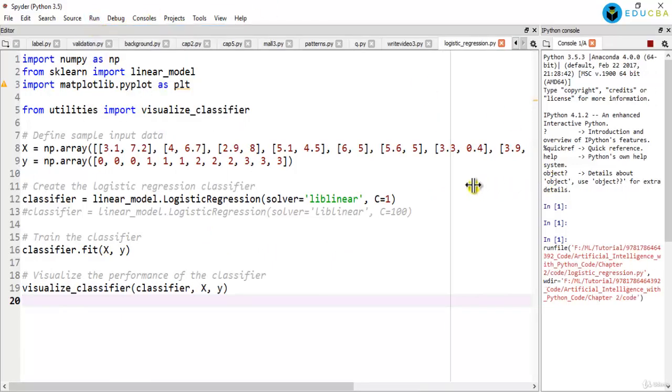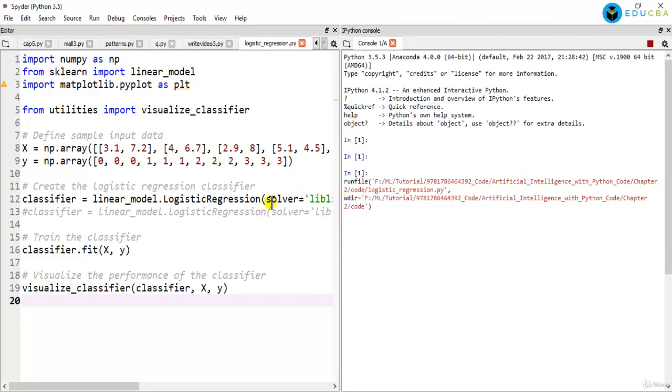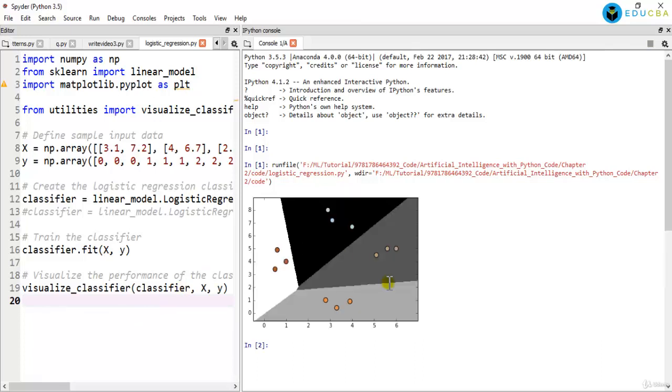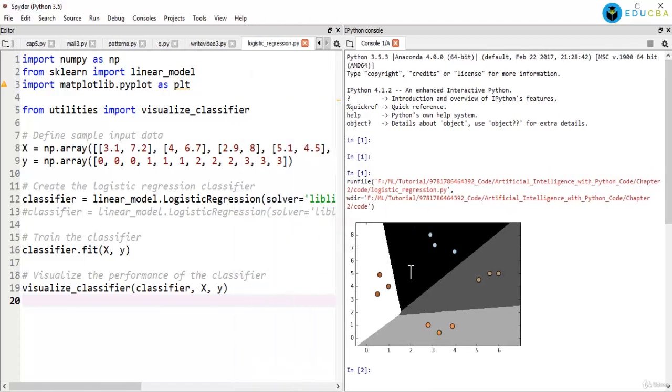Okay, it's running. Okay, so this is your final output. Now see, we have used the logistic regression classifier for classifying our input dataset. Now see these boundaries. Since we have used C equals 1 here, they are not clear and sharp